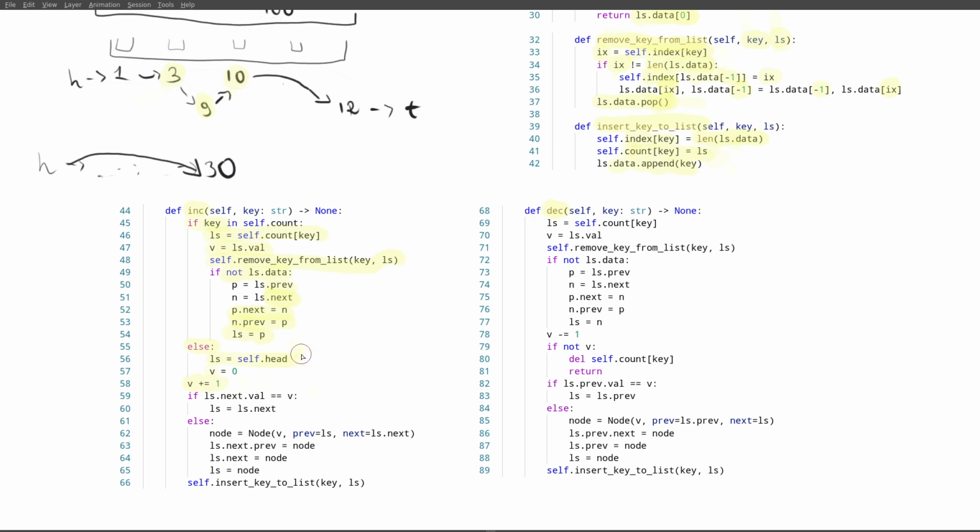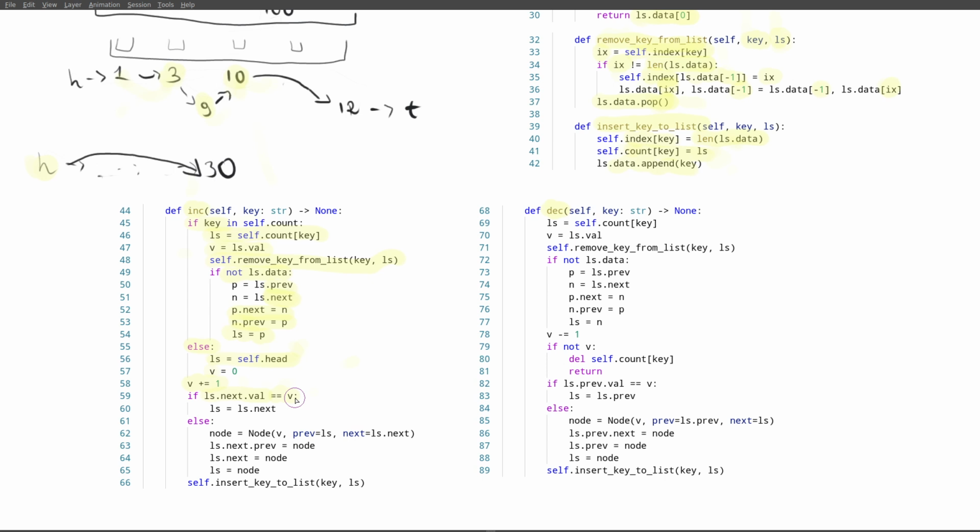We also update our list that we are currently looking at to the previous value, because what we want to do now is to have a node, the node to the left of the position that our new node should be. So it's either head or the previous node from which we removed, so the previous to the list that we removed our element from, or it's simply the list that we removed our element from. So to decrement from 10 to 9, then we would remember this 10. And now the position for our element, we're incrementing, so the position for our element is to the right of this 10. So either the next node in the list is already equal to our v, so we remove it